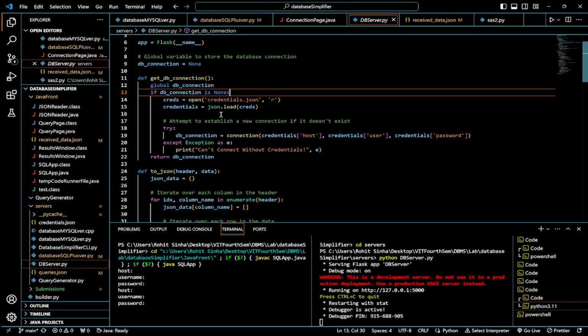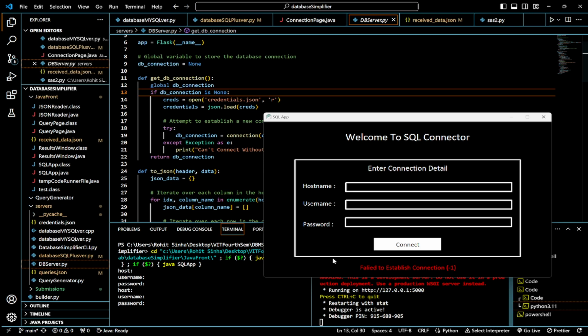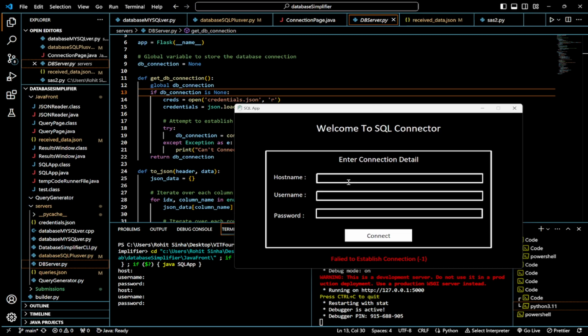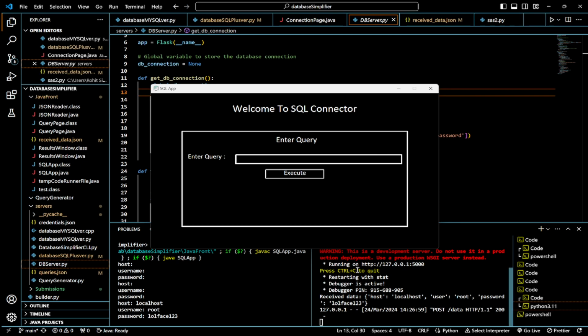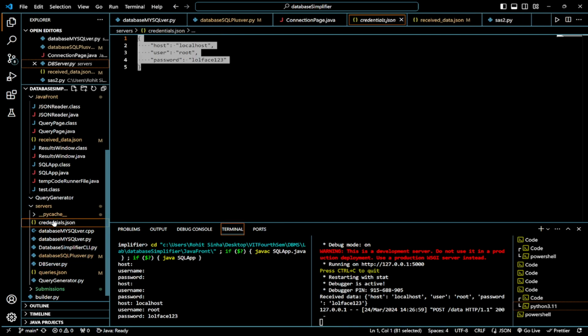database. So what this is going to do is, once my client has sent the connection details over this UI, when I click on connect, it sends over the connection details. Let's have a look. Localhost, root, and password. As you can see, it has sent the connection details. These connection details actually go and get stored on the server side in credentials.json,